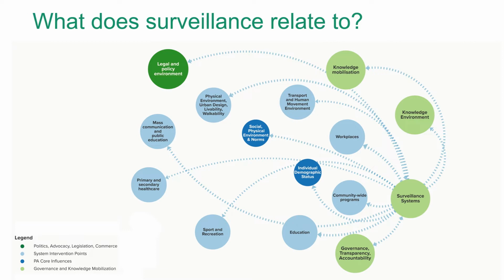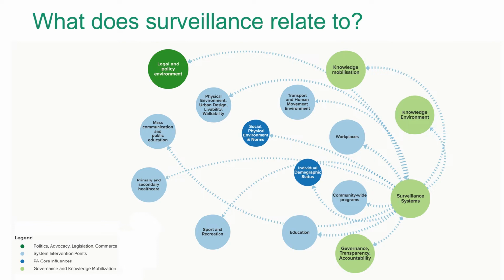There are direct linkages to each of the 8 intervention points, or the best investments, so we can understand what is happening in these areas. Surveillance is also linked to the legal and policy environment. For example, what do laws cover? Are they fully implemented? And it contributes to the knowledge environment, allowing multiple sectors to gain insight into what each other is doing to progress this issue.